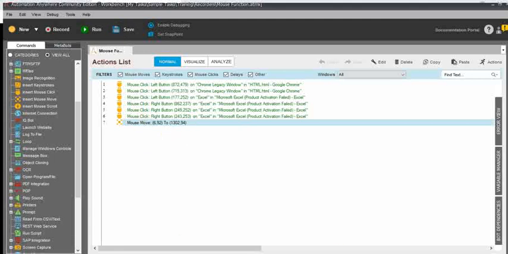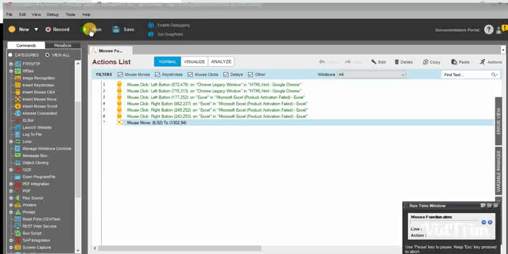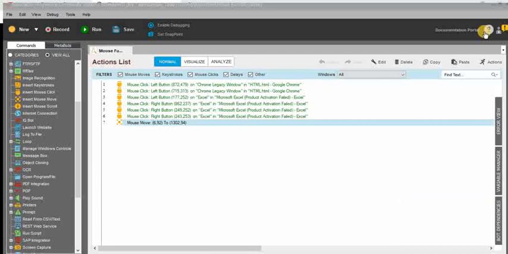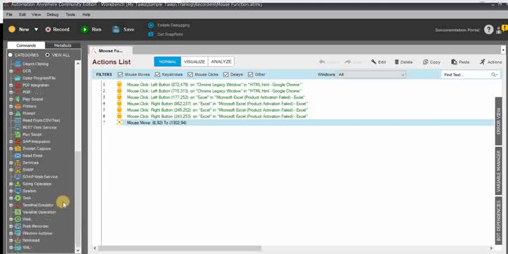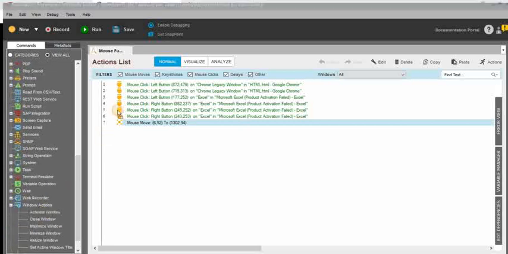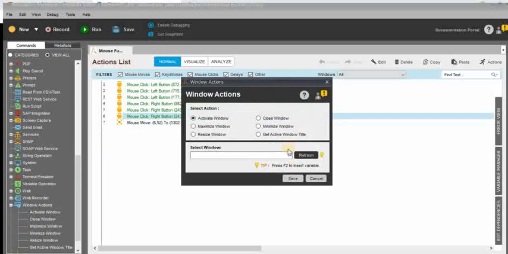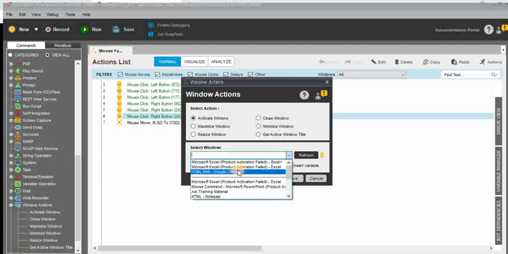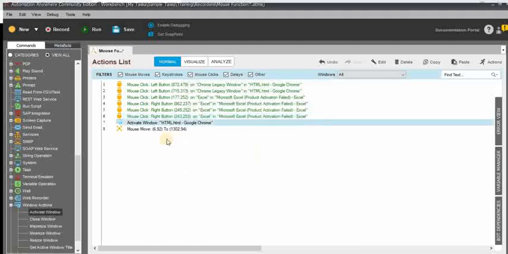For that, first you need to activate your window, or else what will happen is, if I am running this task, it will move the mouse in the activated window. Since the activated window is Automation Anywhere, you cannot see the results. For that, you need to activate your window. Go to window actions, use the activate window, HTML, perfect. So first it will activate the window, then the mouse move will happen, you can see.